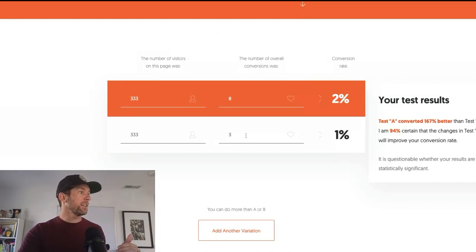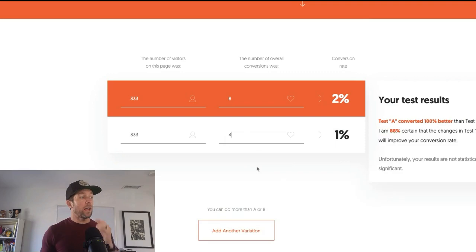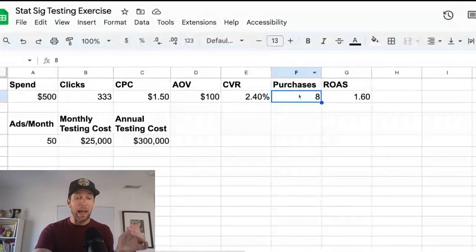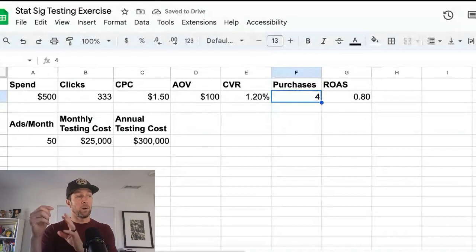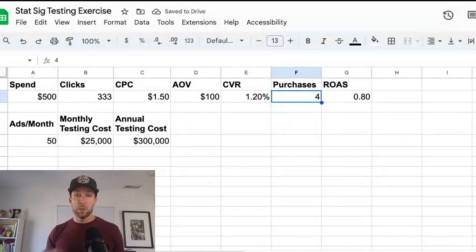And the reason that's so significant, right, is that if we go play this game again, now if I spend $500 and get 4 purchases at the same AOV, now my ROAS is 0.8. And what's very likely to happen? And in fact, we'll take that all the way down to 3 purchases. Now, in either case, what's very likely to happen is that if my ad at that level of spend performs at that ROAS, what am I going to do if I'm making the decision?